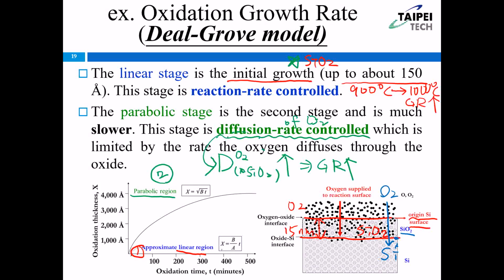Diffusion rate control. Okay. 那同学可以看到reaction rate control 代表什么？代表说我们有足够多的 oxygen，但是我们的温度不够，所以这时候温度只要提高一点，你的 growth rate 就会增加很多。那第二个 diffusion rate control 代表说，这时候呢是什么？这时候是 oxygen 不够多。为什么？因为我已经长出这么厚的 silicon dioxide，